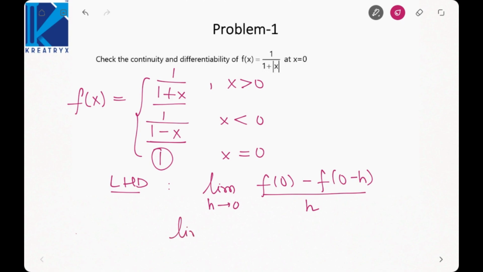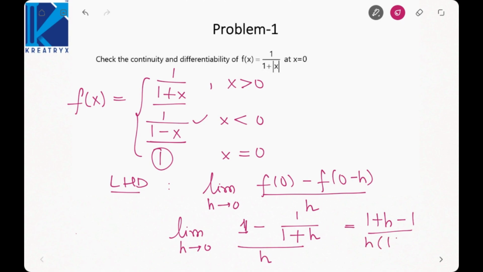What is f(0)? 1. What is f(0 minus h)? That is just below 0, so we will use this definition, 1 upon 1 plus h, because we are keeping minus h. So it will be (1 plus h minus 1) over h(1 plus h). So this h will get cancelled. So it will be 1 upon 1 plus h,